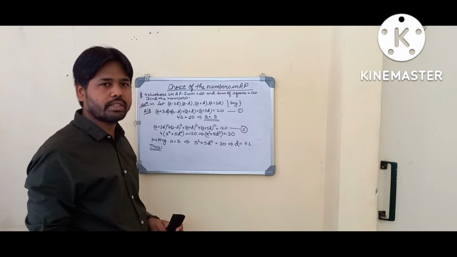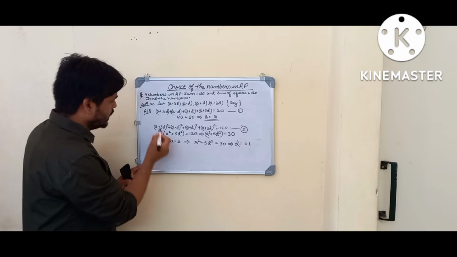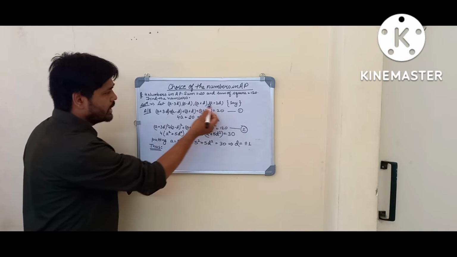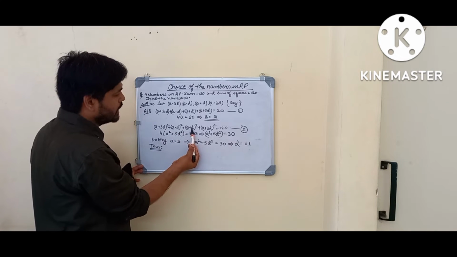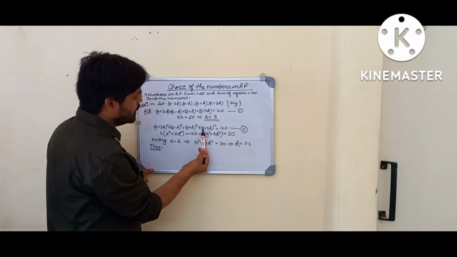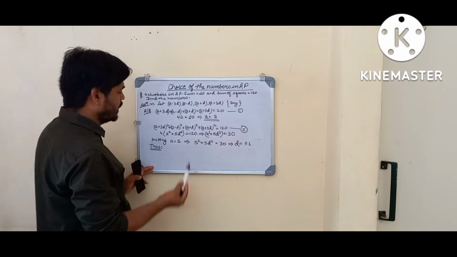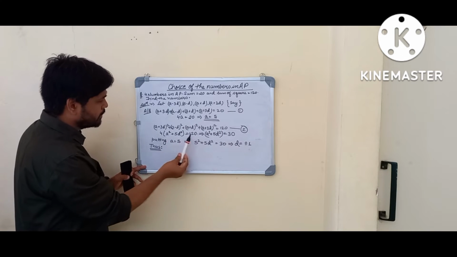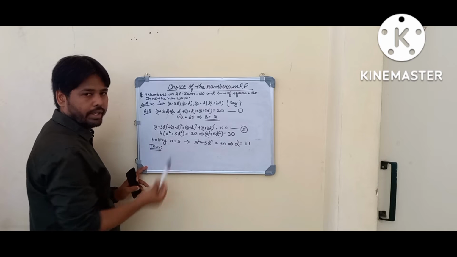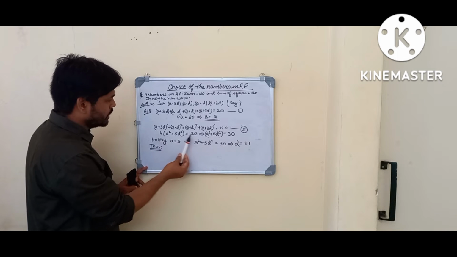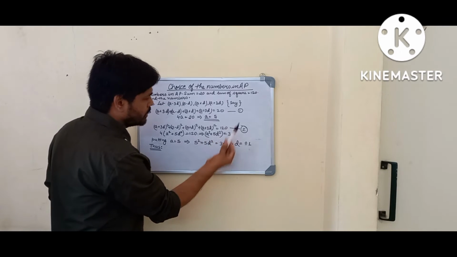Now, taking the second situation of the question, where the sum of the squares of the numbers is equal to 120, we need to square each number in AP: A minus 3D raised to the power 2, A minus D raised to the power 2, A plus D raised to the power 2, and the last one A plus 3D raised to the power 2. This gives a resultant value equal to 120. On solving, 4 is taken as common, and we get A square plus 5D square equal to 30, after dividing 120 by 4.